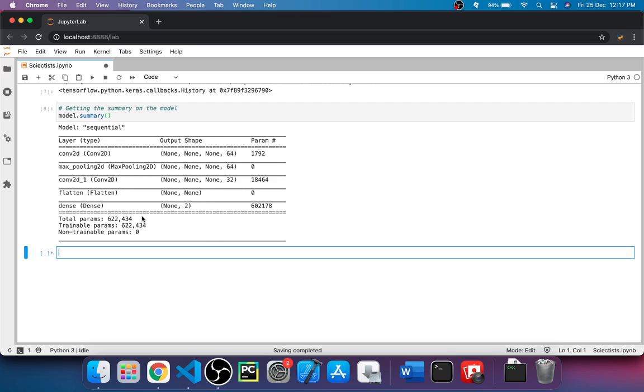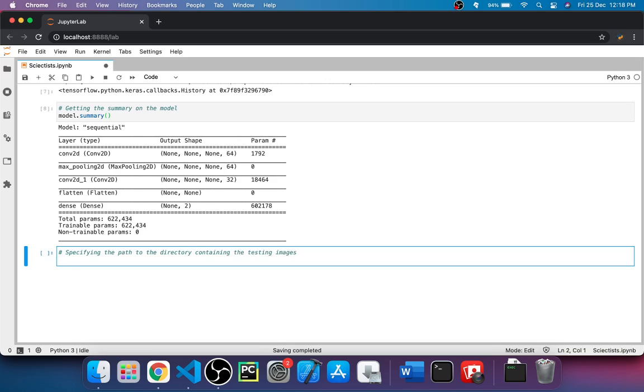So yeah, that is what we are going to be making use of. What we need to first do is specify the path to the directory containing the testing images. So I'm just going to type out dir_path is equal to, and over here I will